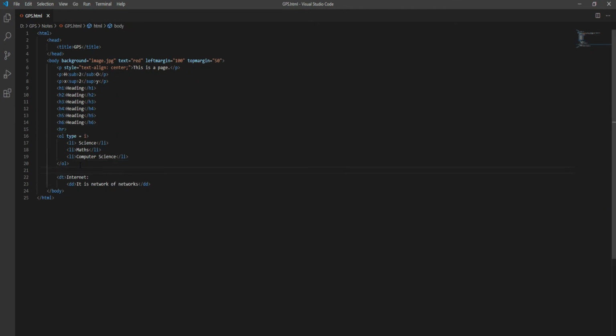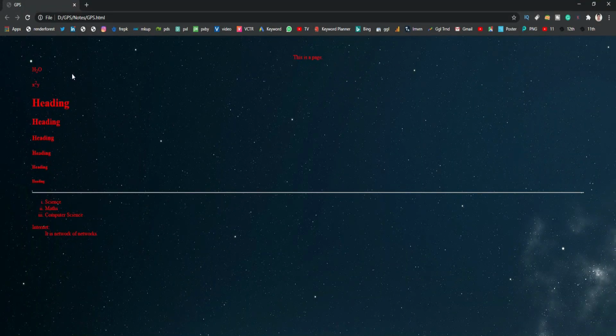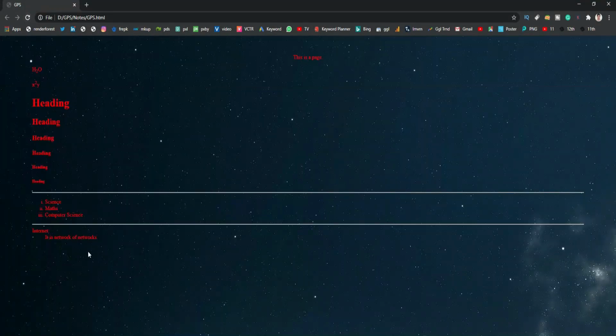Let's try to insert a line here also. Go back to your page and refresh. As you can see that there is one more line available in this page. And if you are thinking that a confusion may come into your mind, that why it is not showing at this portion and this portion also, from the left side and from the right side also.